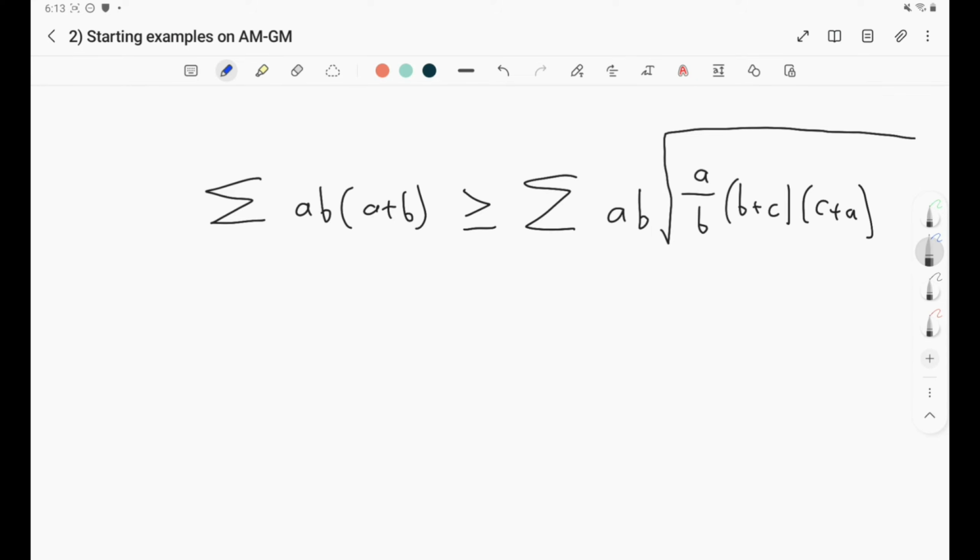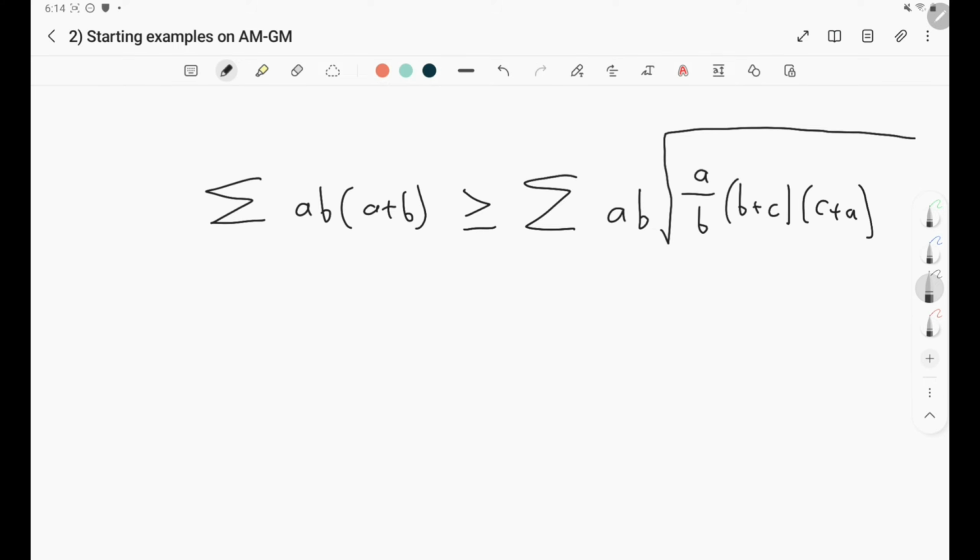Okay, so how can we use the AMGM to reach from here to there? One idea that you might think of is to use the pairing technique. So we catch one of these and try to get it from the combinations that we have here: AB and A plus B, BC and C plus A, and you know the other ones as well. But if you think about it